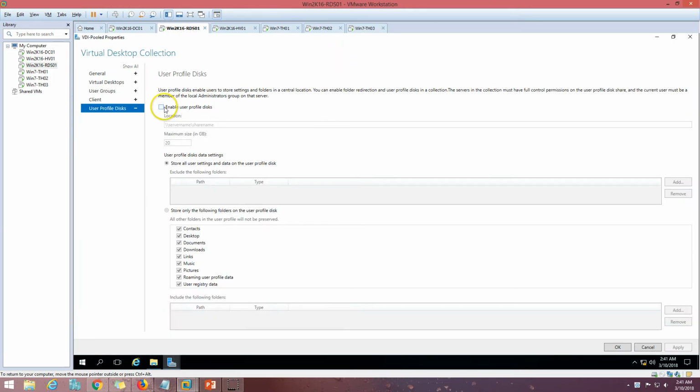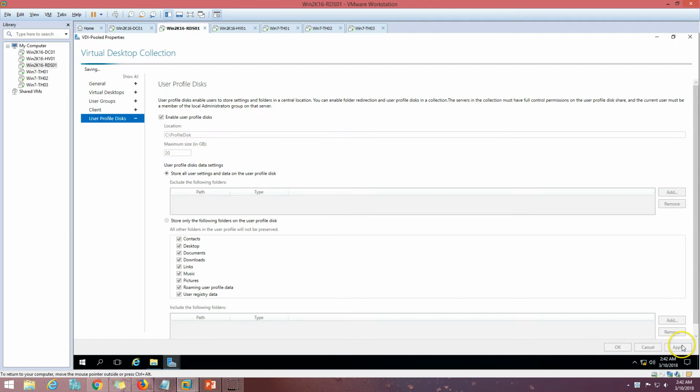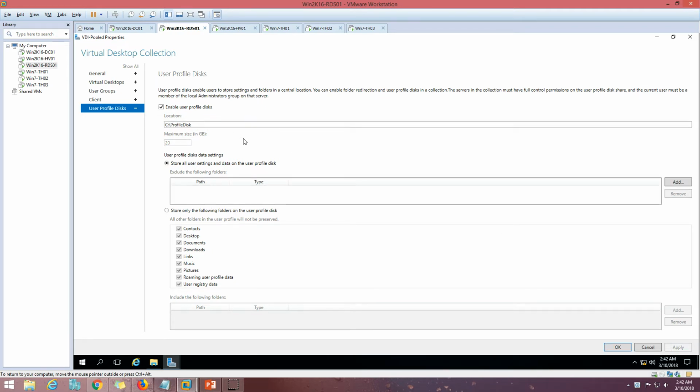If I go here, okay, we need to re-enable it. I'm going to put this path here. You can simply copy and paste it, and click apply, and now you can see it's getting applied. So it's done, the settings have been applied. Now if I click OK,